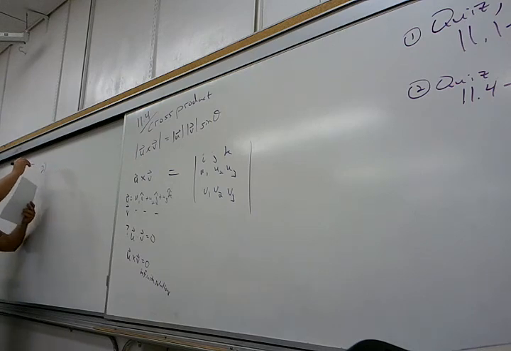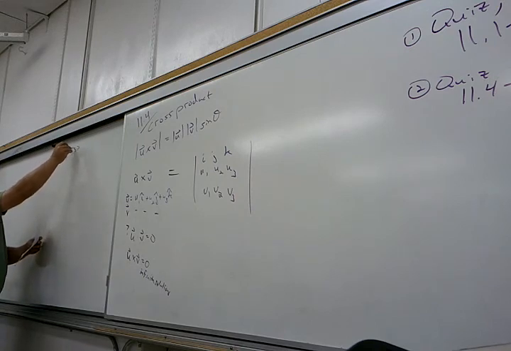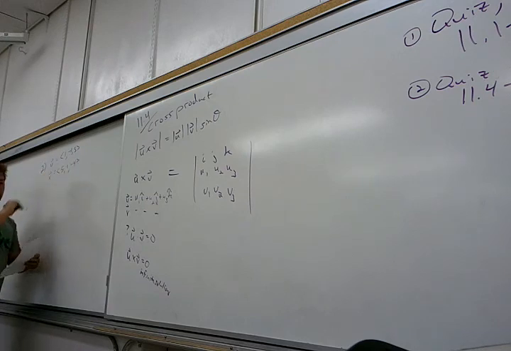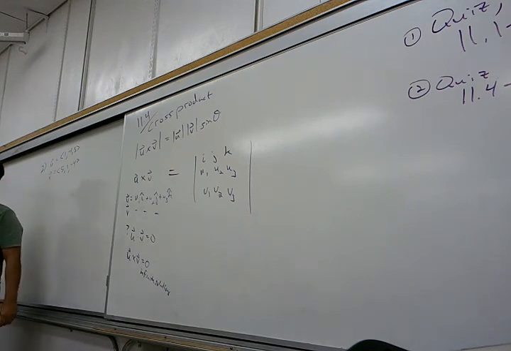So find a vector perpendicular to u and v without using a cross product. And the reason I ask you to do this is because it's nifty to see the math directly working out. Because there's a whole other way to do it besides this matrix way. There's a whole other way to do it. And the answer to this, if I said find a vector that is perpendicular to both these, and this is always, it's rude when I ask this kind of question, but I say find a vector that's orthogonal to both,